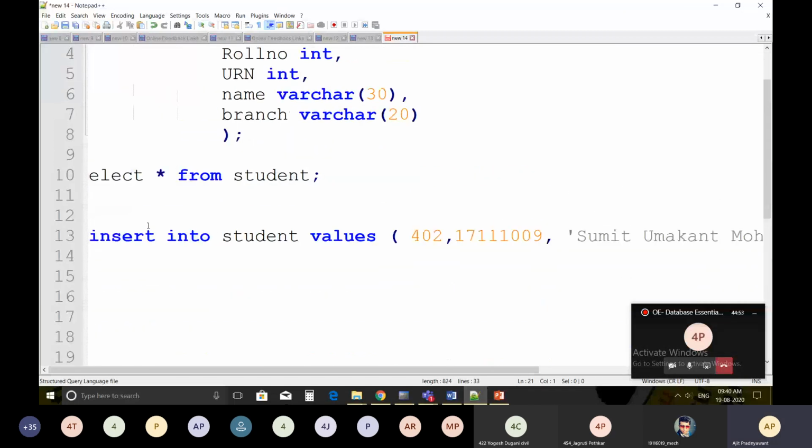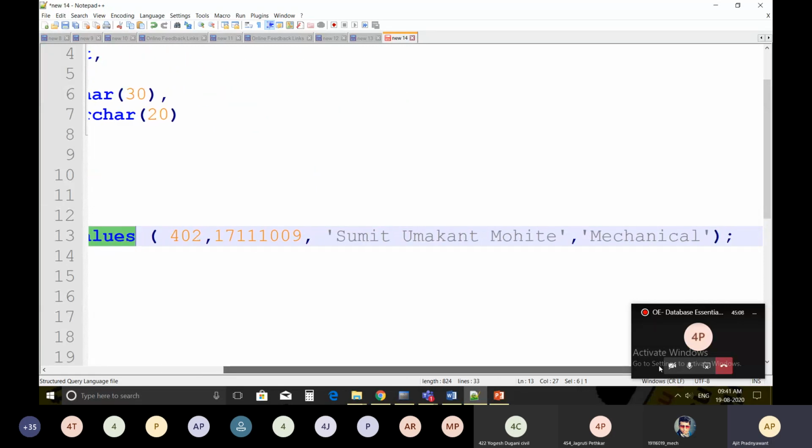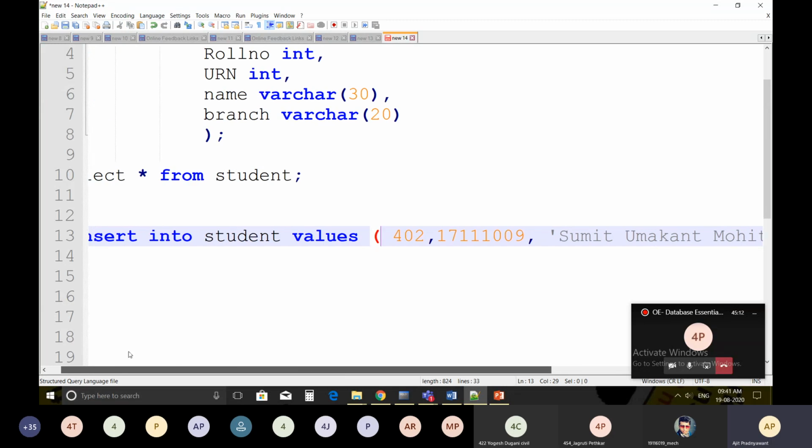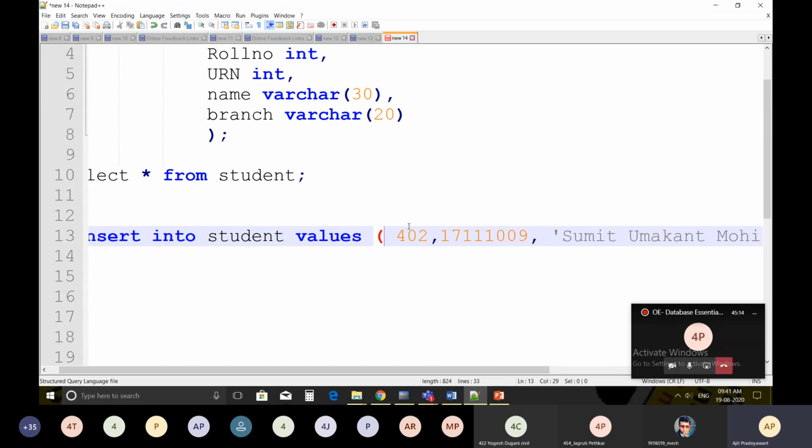You have to mention the insert keyword, into, and then the name of the table, insert into student. Values is again a keyword, and in this bracket you have to mention the values. Keep this sequence.